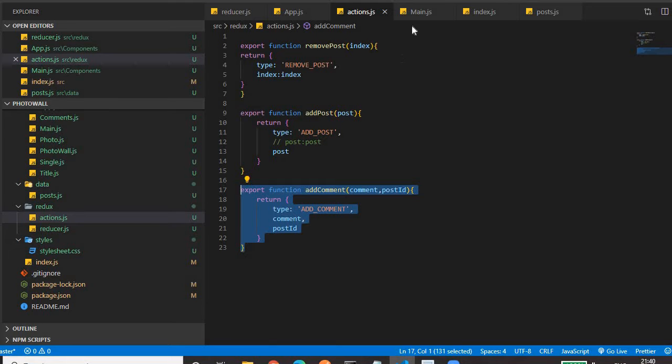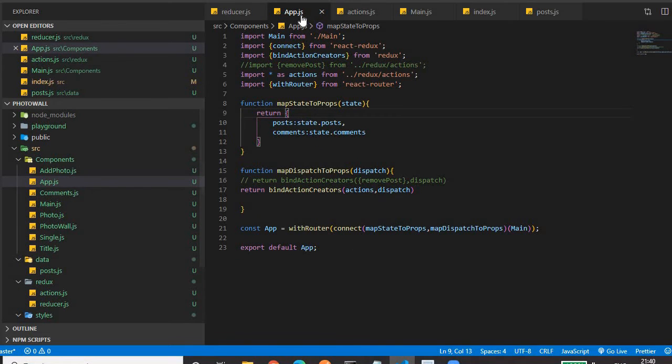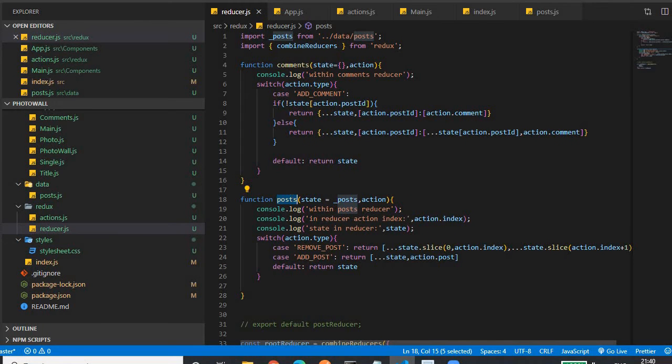So we have to connect this main component to the store. For that, for connection purposes, we have a container app.js file, in which we have written a function, any name of your choice. It takes an argument state, then we are returning the state. So this is the post state, which is being retrieved from state.post. This post corresponds to this reducer name post.